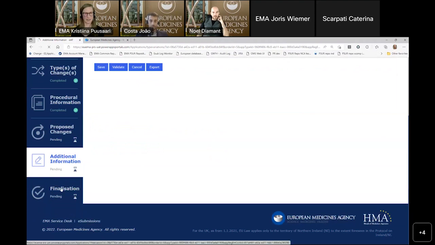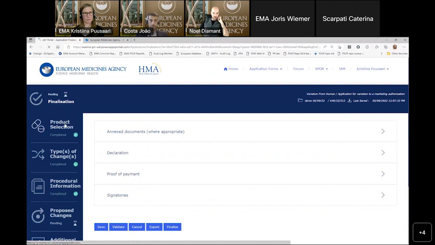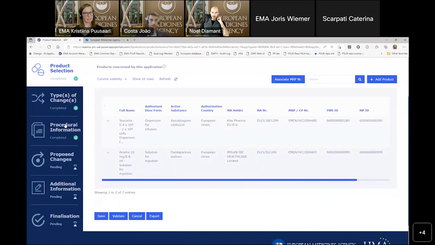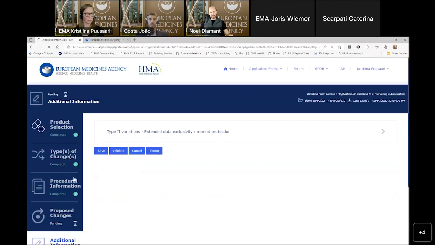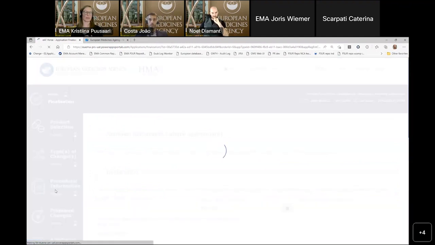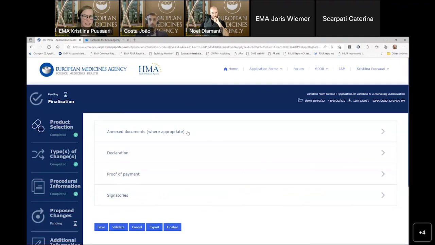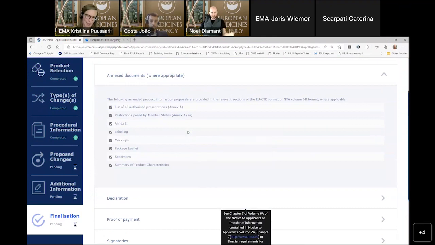But unfortunately, it may very well be that this is not a bug, but we do have implemented business rules depending on the types of change that you choose. We are showing and hiding other sections. So if you do not have the correct... Yes, I tested with this product that is an orphan product as a pediatric, and I did get that section earlier with this scope. So it seems it's just perhaps slightly temperamental, or there's a specific order where things have to be selected. But yes, don't be concerned. It will be there and working perfectly once we come to the UAT.